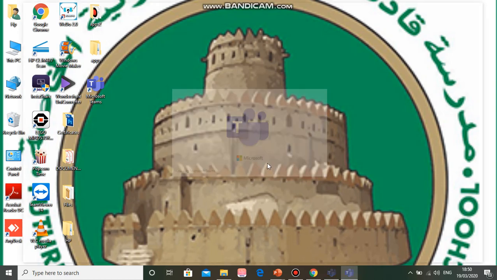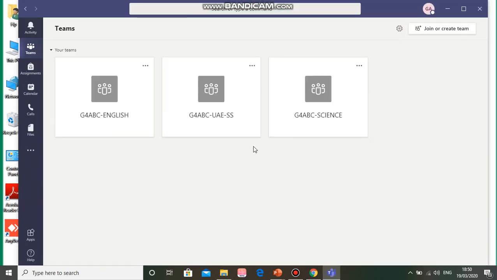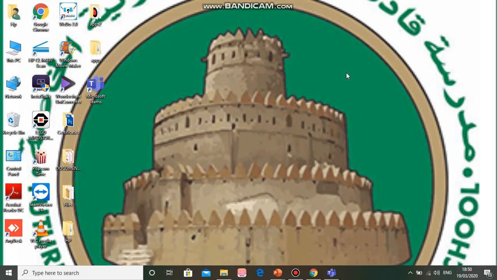And then the same icons and the same page will show. But again, as I told you, the advantage of using the Microsoft Teams app is that you will only log in once. There is no need for you to log in every time and put your student ID and the